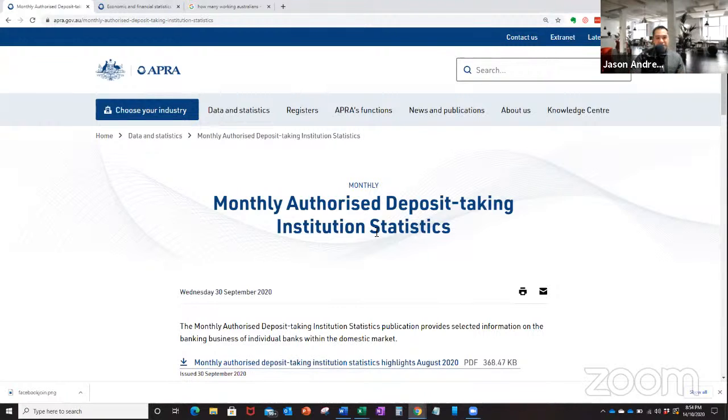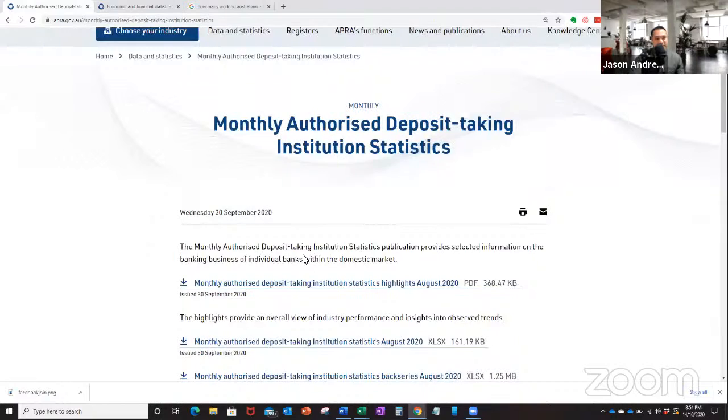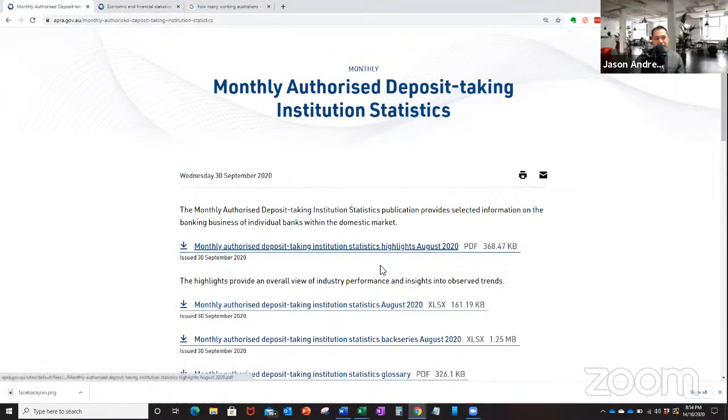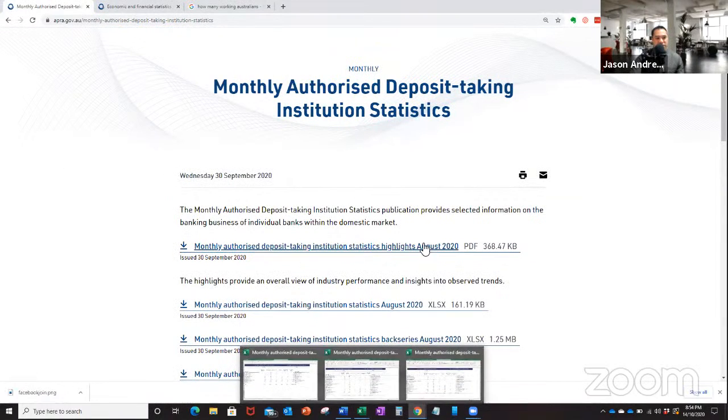Why this is interesting is because as a financial advisor, I was always interested to see what people were doing with their money and how much was actually in savings. And it's quite a lot when you have a look at where the money is. So when you click on this, this is the monthly statistics for August, for example. I've done this previously just to make sure it doesn't